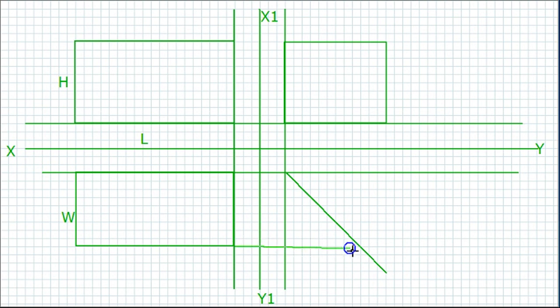This way we can transfer the projection lines horizontally, and then from here you can draw a line vertically. This is nothing but the block size for the side view, because for the length and the height of it we can take the positions from here this way. So now definitely this is the additional portion which was there.